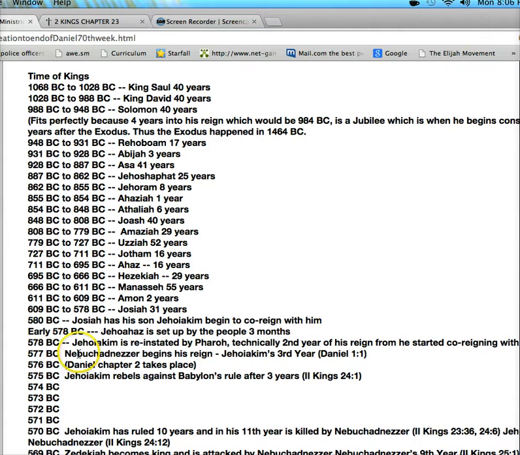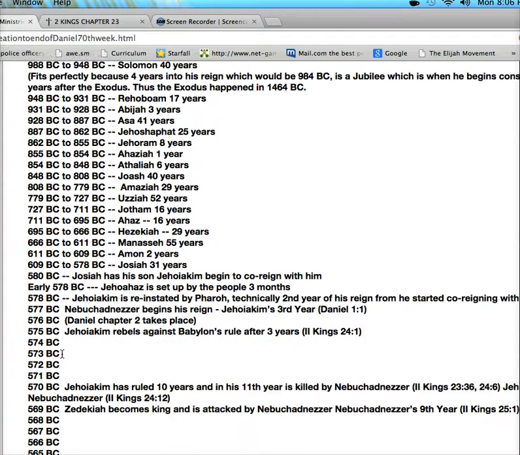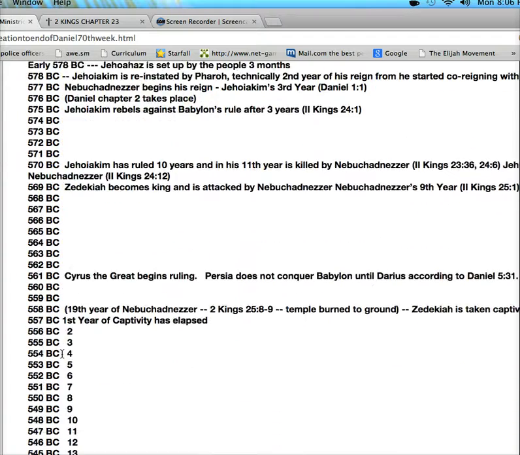And then in 577, which is when the timeline of Daniel's 70 weeks that I've posted recently starts, let's just scroll down here. In 577 is when Nebuchadnezzar begins his reign. This is now Jehoiakim's third year, mentioned in Daniel 1:1. Then 576 is when Daniel chapter 2 takes place, and then Jehoiakim rebels against Babylon's rule after 3 years, so